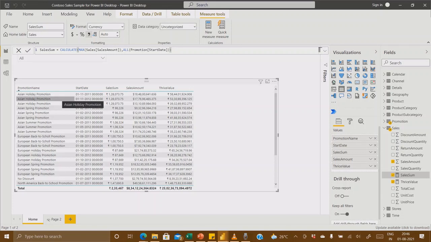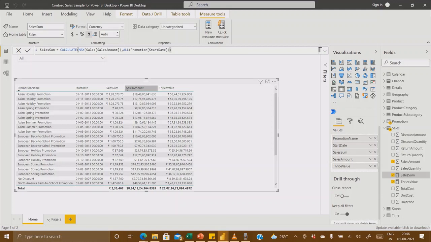So this is what the max value was for AC holiday promotion. I think it is taking some wrong values maybe. Sorry, this is taking something else also into consideration, so we have to look.